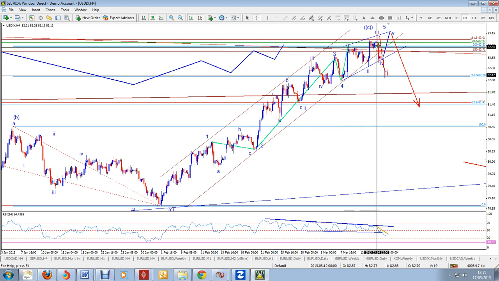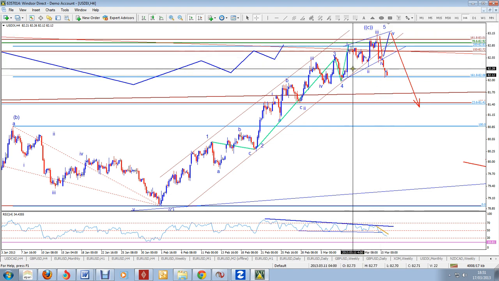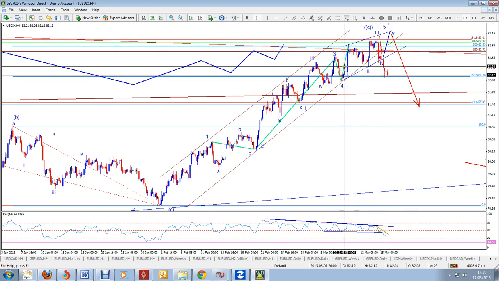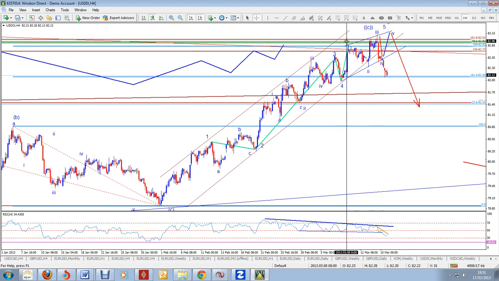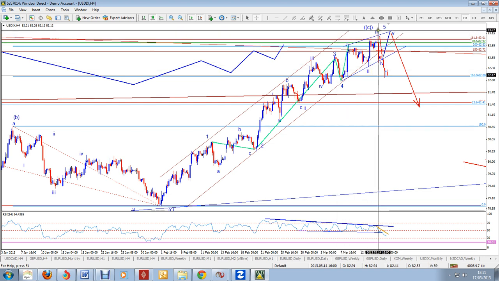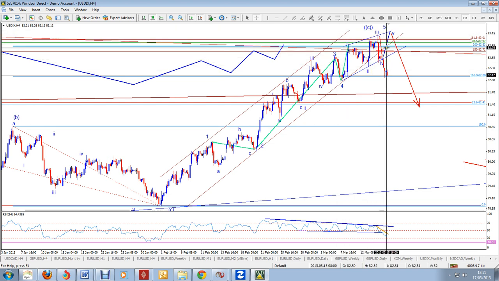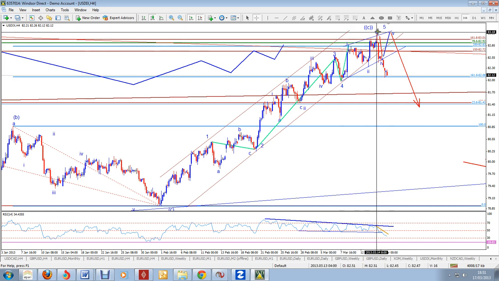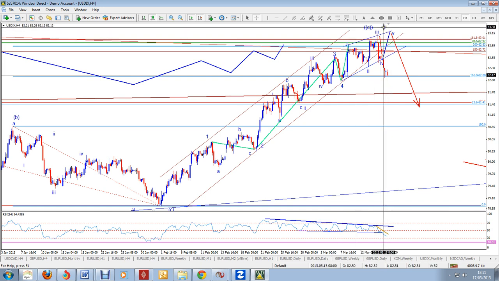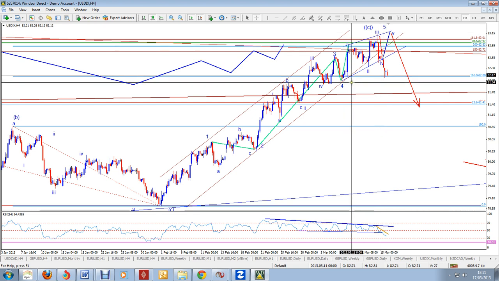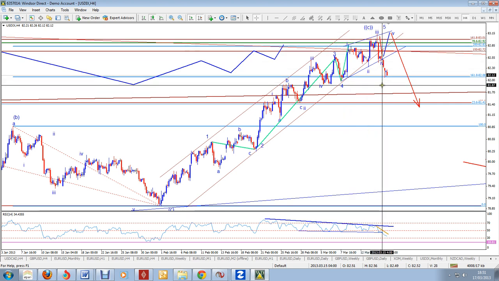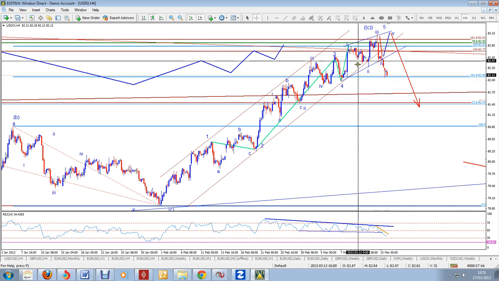But the very fact that we had this here, I then began to think that maybe we've got a rising wedge. So we got wave 1, wave 2, wave 3. I was expecting a wave 4 down here, another push up to complete a 5-wave pattern. So the wave 5 would be complete in a rising wedge. But because of this decline on Friday, I am somewhat confused.